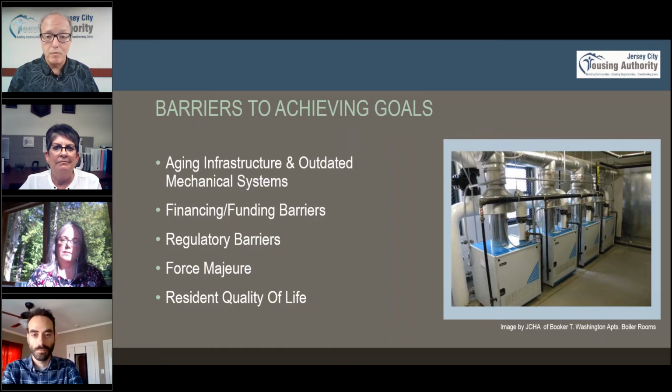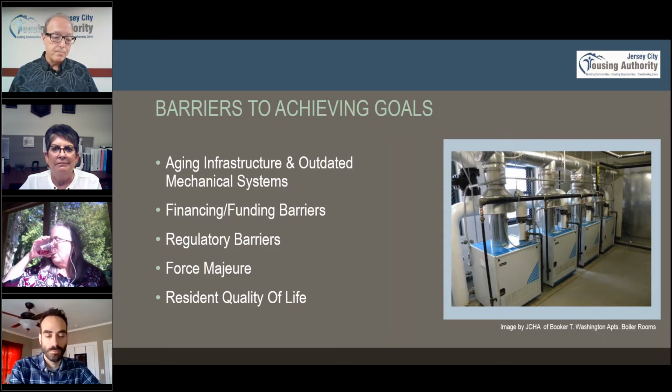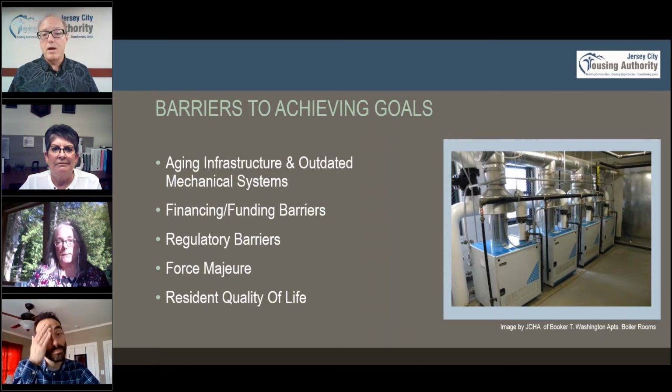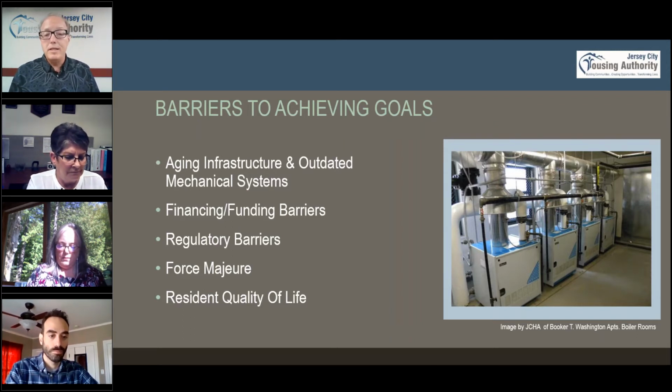We spent an awful lot of money on our EPC program, and then a lot of that stuff got wiped out, and we had to double down in what we did in order to meet our goals. And then resident quality of life, which is one of these things that regretfully some of our housing authorities overlook. But these energy initiatives, they're more than inconvenient. They affect the quality of life, and you have to determine what's the best way to deal with that, which